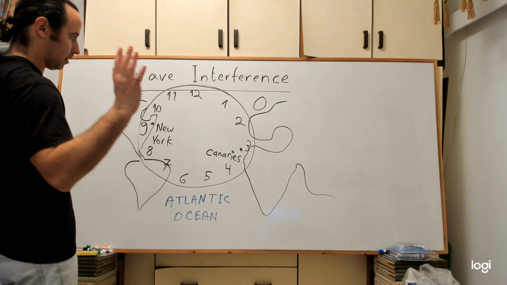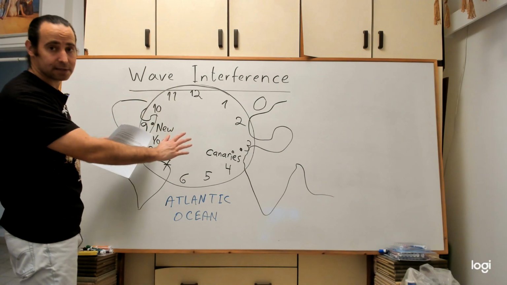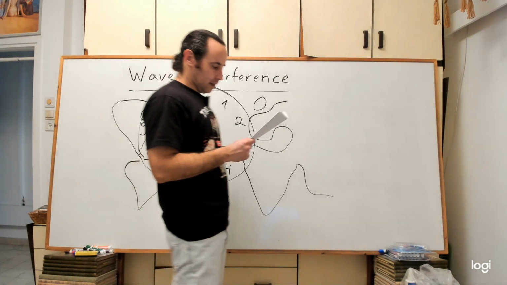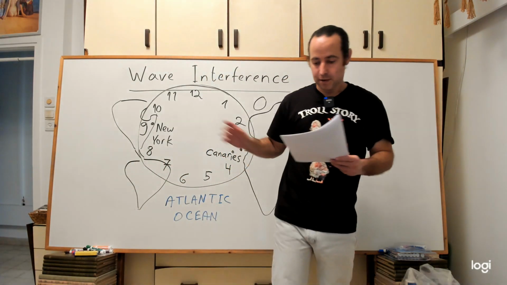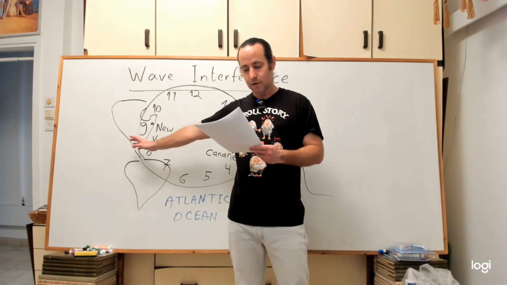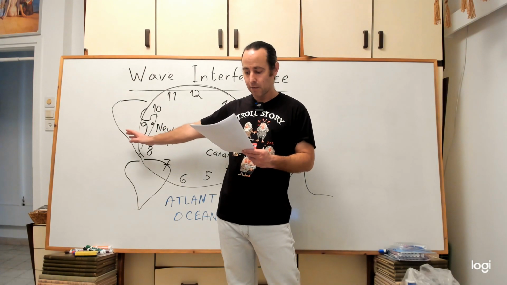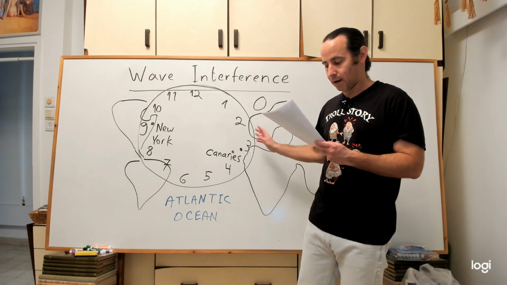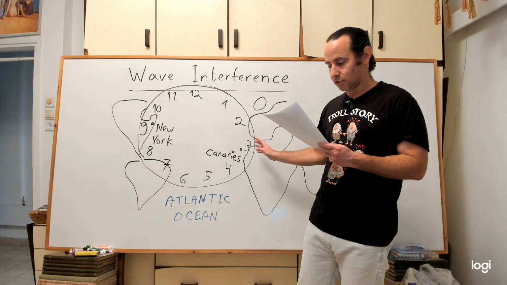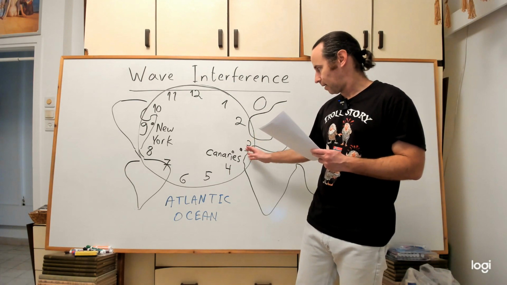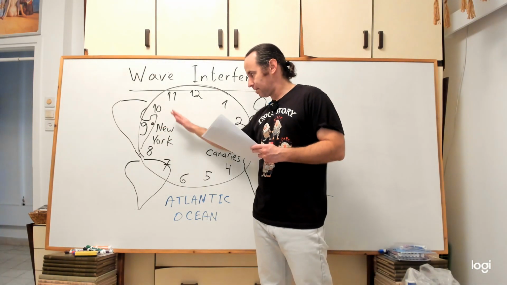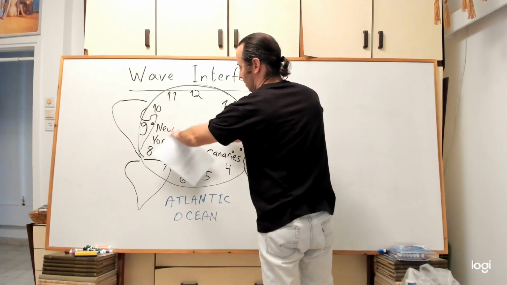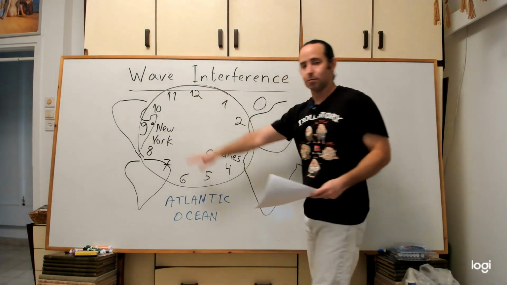It's like we are looking from space or from the sky in a bird's eye view. So we have New York on the left, at the 9 o'clock position of our imaginary Omega watch, and we have the Canary Islands on the right, at the 3 o'clock position on our imaginary watch. Imagine that they are at the same level. So it's easy to explain with the watch.